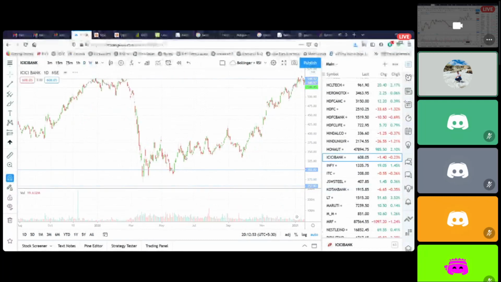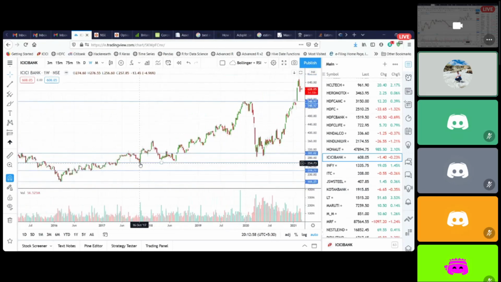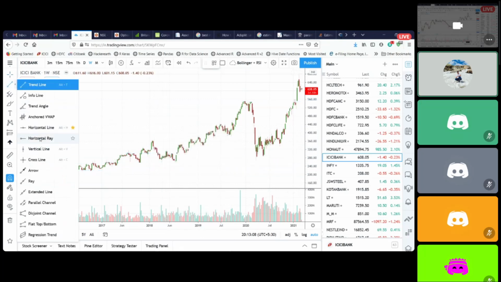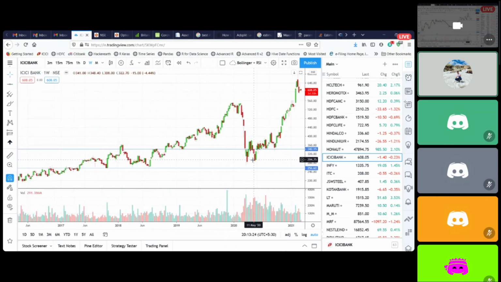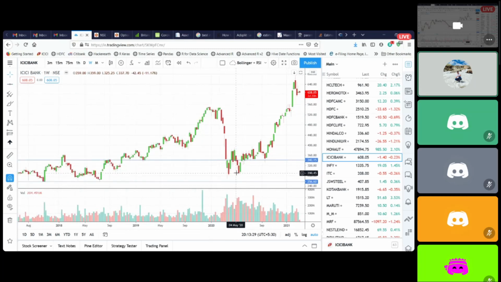Let's see ICICI Bank. See, just before the COVID fall, one bottom here, some tops here, multiple tops here, and multiple bottoms. So 340. Wait, let me remove the drawings. Let's make some fresh drawings. Okay, so I know this 340 to 260, this 80 rupee zone becomes my huge support zone. So wait for ICICI to come into this zone and then start seeing the green candles.